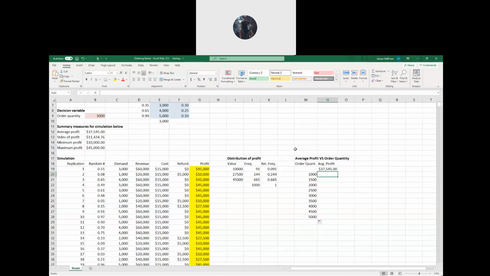Okay, now let's do our data table. All right, so we got this here. We got N19 says equals B12, and here you've got 1,000, 1,500, 2,000, all the way to 5,000. And if you want to select this whole range,